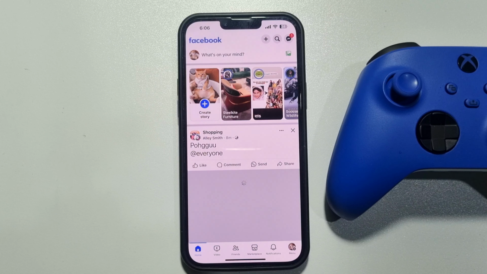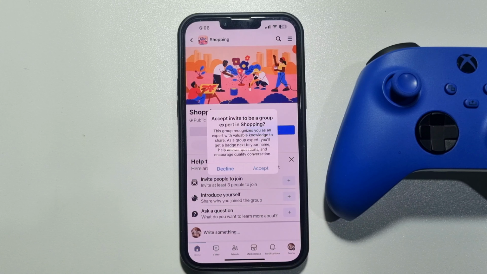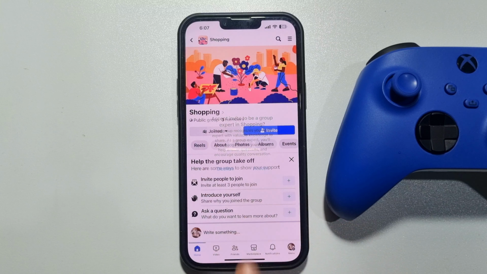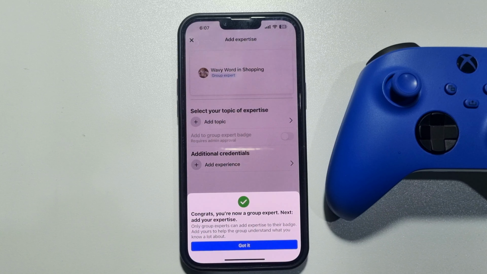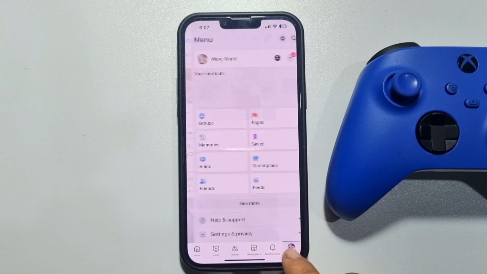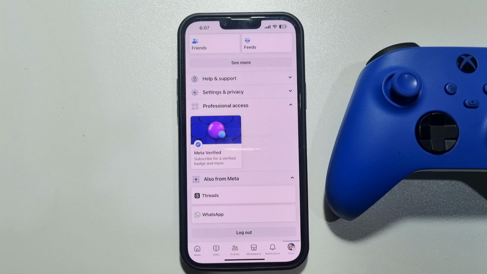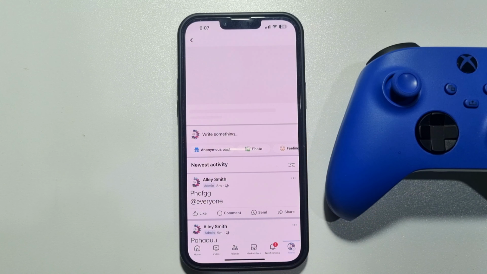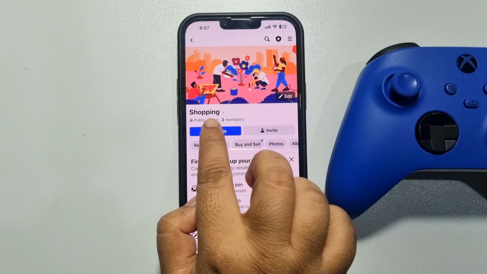And I'm going to the group, and here we can see I received an invitation. So to accept, tap on Accept as group expert. Got it. And now I'm going to the group owner Facebook account, and let's go to the group, tapping on Manage,